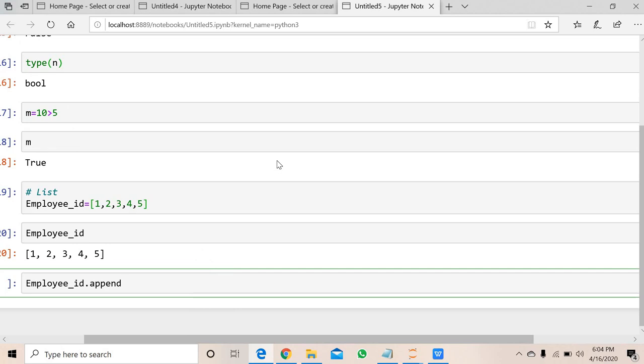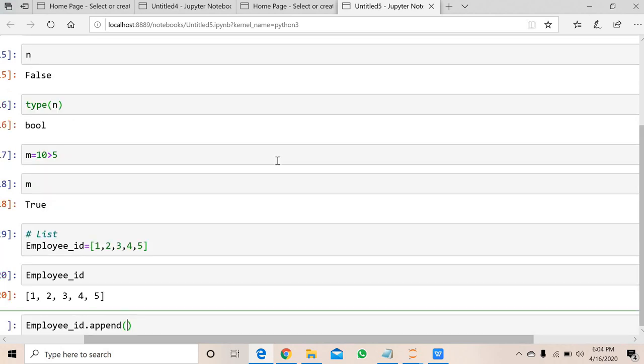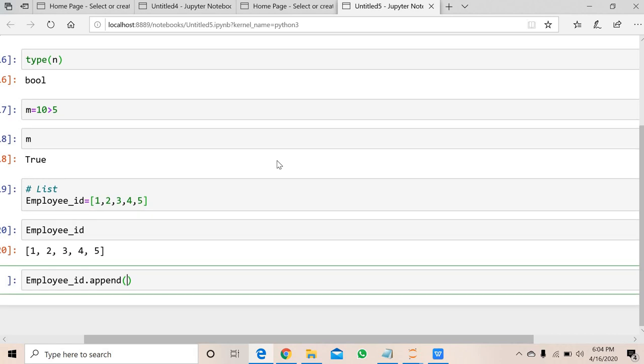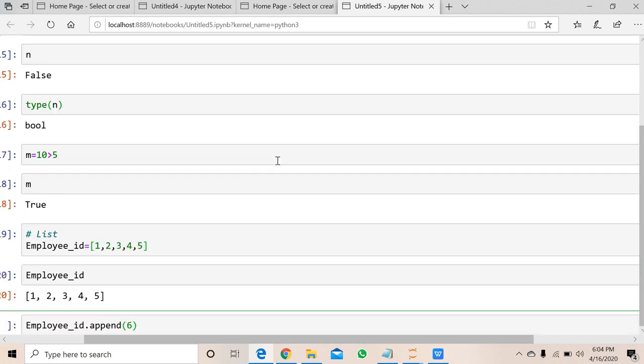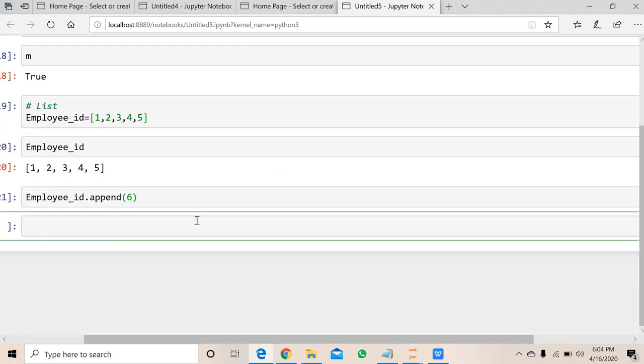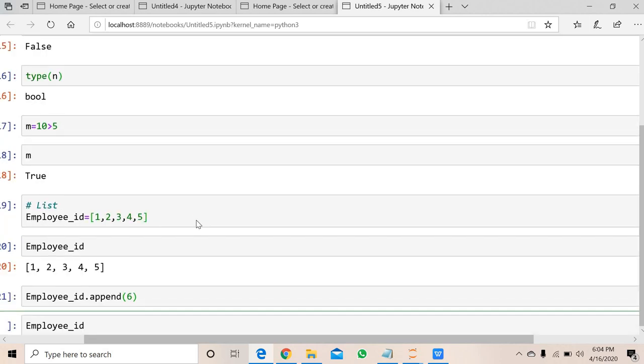What is append? Employee id dot append, open bracket. If we want to extend or append any kind of number, like if you want to append 6 after the 5, we can append that one. If you want to append 6, you can append this one. We will check the employee id.